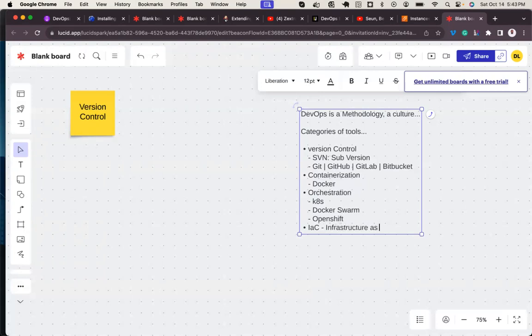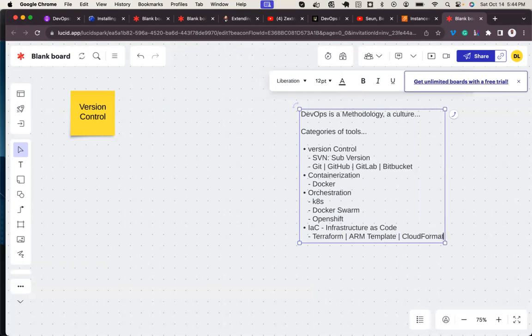Under infrastructure as code, we have things like Terraform, ARM templates, and CloudFormation.